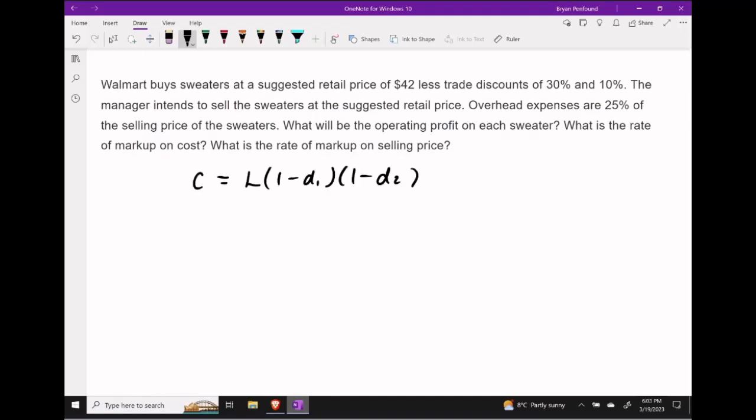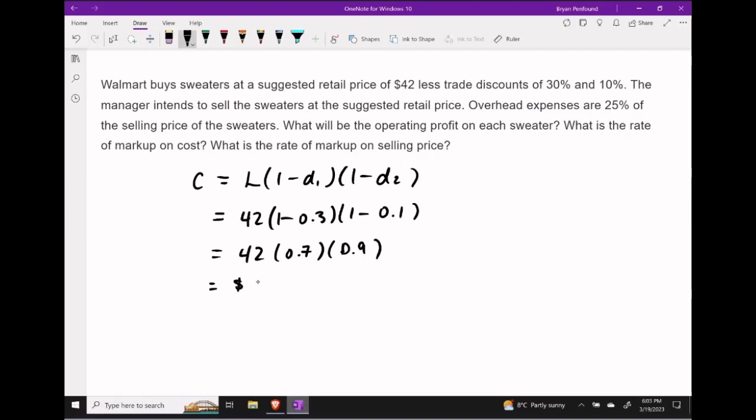First, let's try to determine what the cost is for us to bring in one of these sweaters. We can apply the following formula. We could say that the cost should be equal to the suggested retail price, or the list price, and then we're going to apply both of our trade discounts to the list price. In our case, the list price is $42, and we have trade discounts of 30% and 10%. Simplifying our two brackets, and doing the indicated multiplications gives a cost price to Walmart of